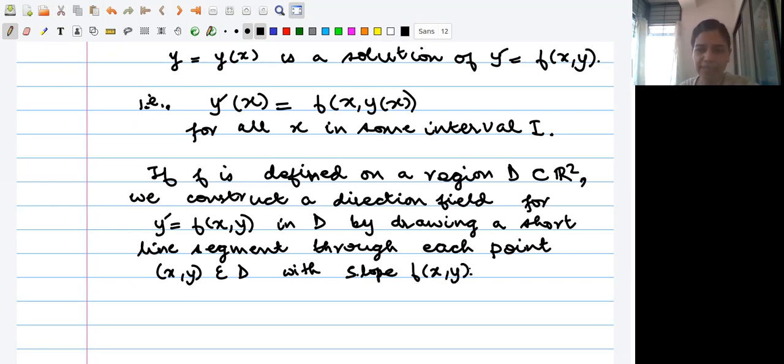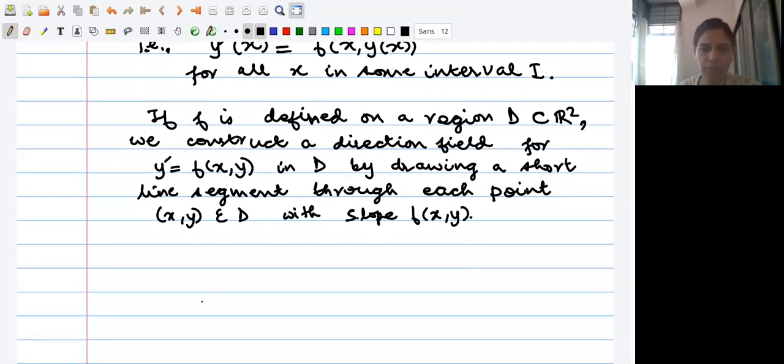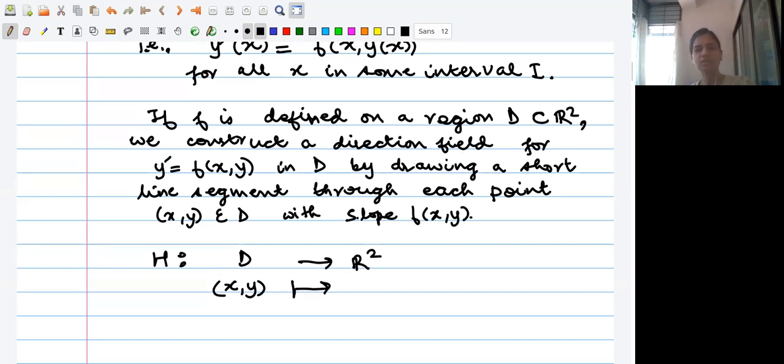Now, how do you write this analytically? Here is one way to go about it. I consider (x, y), a point in D, and I am going to associate to this a vector. So what am I going to do? I have to associate at the point (x, y) a line segment with base point (x, y) and slope f(x, y). So the simplest way to write this analytically is the following. Is that okay, Parth? Are you with me up till this point?